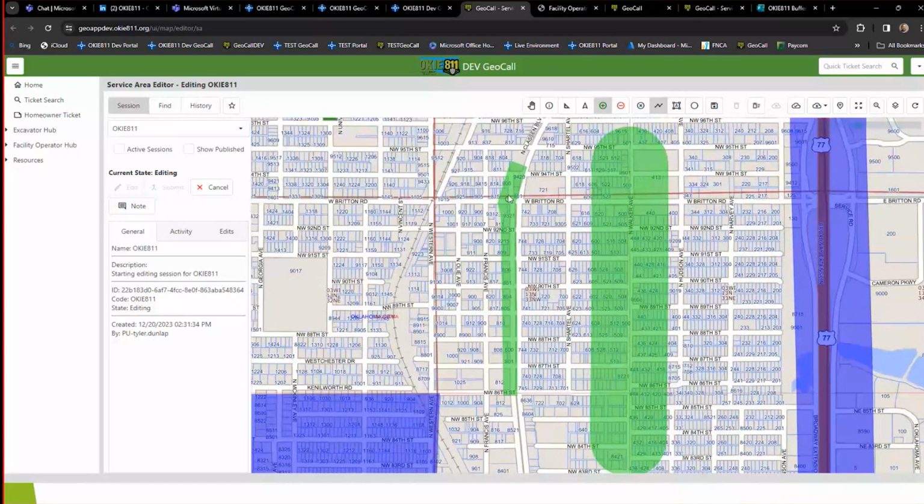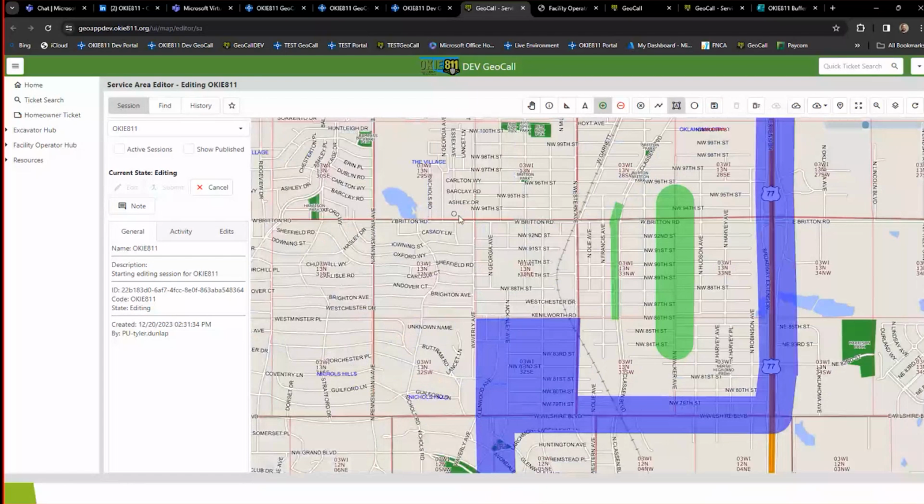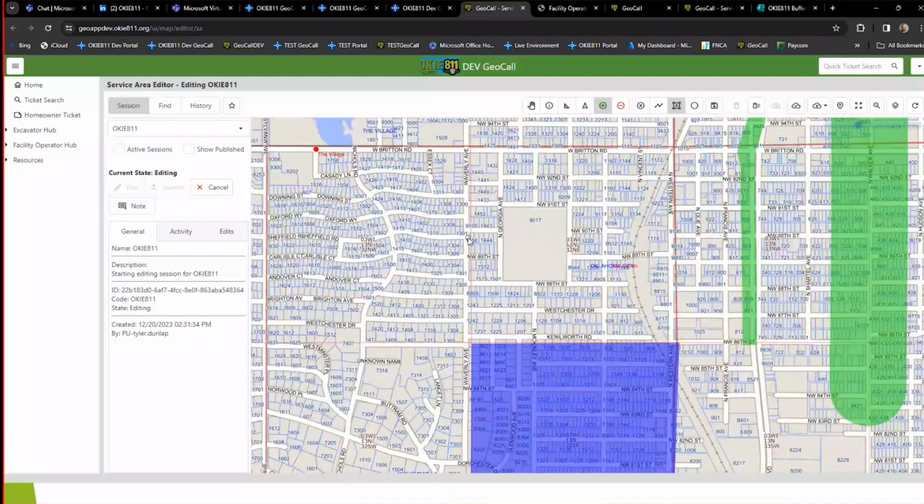It's a lot easier. There's times where we've seen people come in and draw that, and it's a lot of work to go in and essentially try to manually draw a buffer. Really, you only want to be using the draw area or the polygon tool if you're trying to cover a large area. So like tracing this quarter section here,